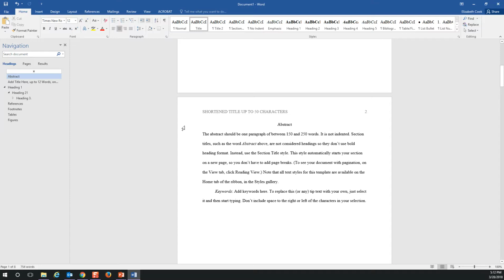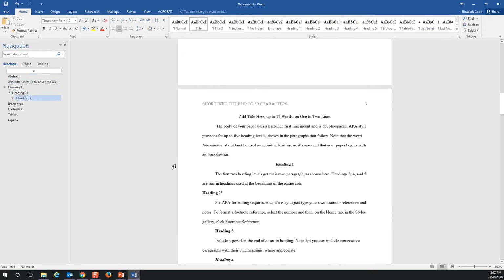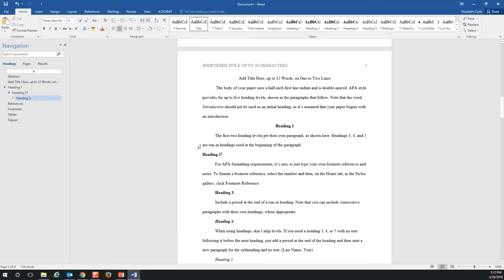So if somebody was searching for information about a particular topic and you wanted your paper to come up in their search, what words would you put in here? Like if you were writing about students dealing with housing insecurity and their use of public libraries, you might use keywords students, housing insecurity, public library, things like that. So then as we scroll down, we can see that it gets a little bit more complicated here.